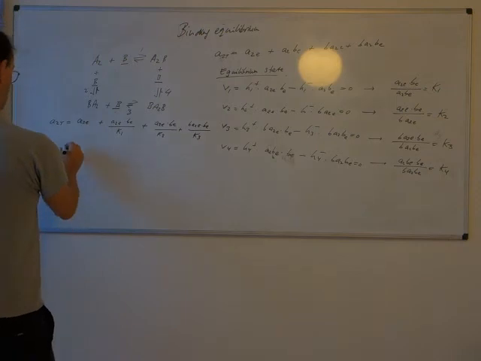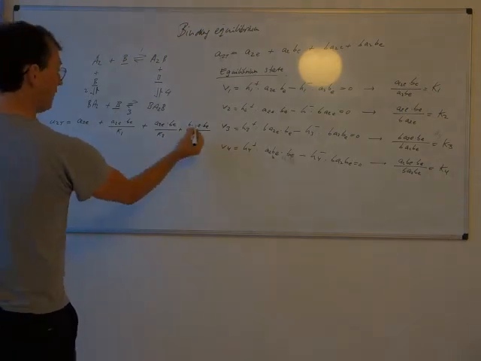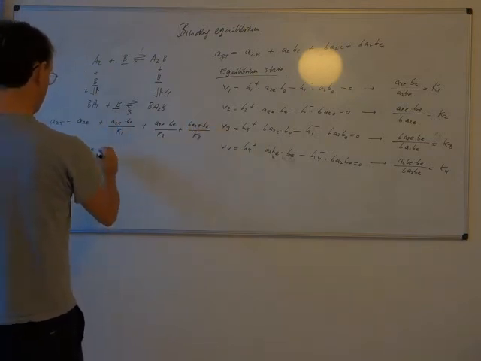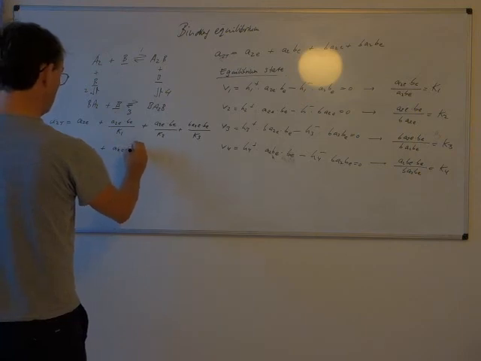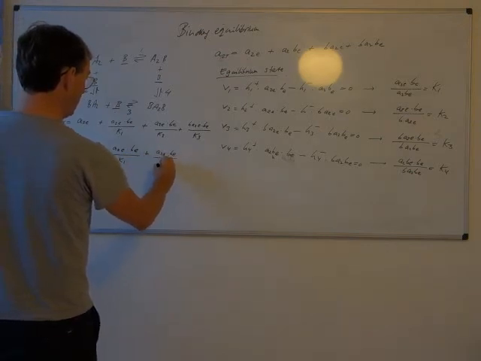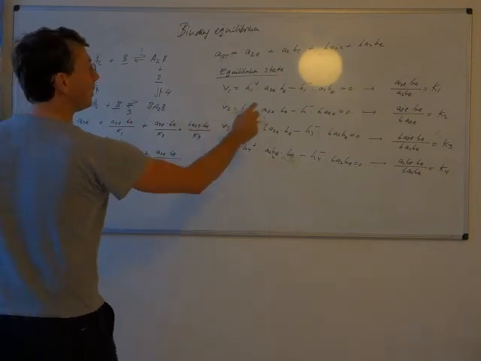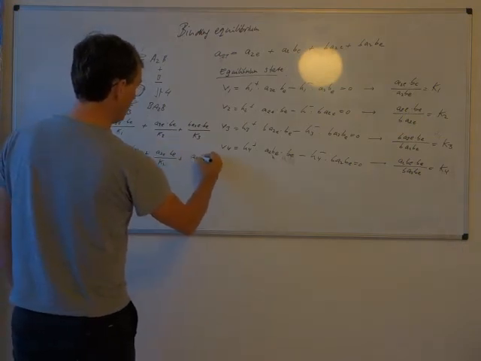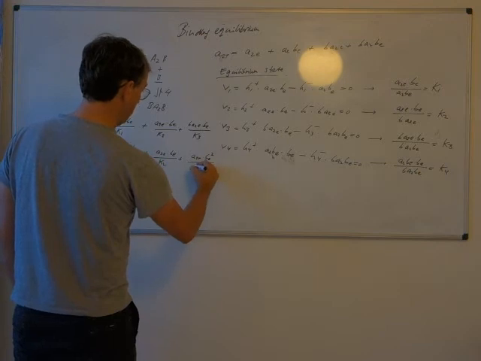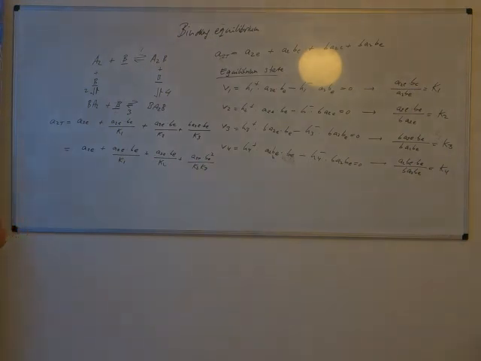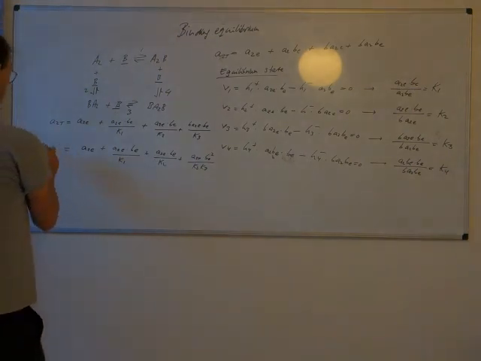Now I'm almost there. The only thing that I have to get rid of is this term, because all the other terms are in terms of A2E. So I need to have an equation for the left one. That is in fact the one that I already used, so that's this one. So what you get is A2E times BE squared divided by the product of K2 and K3. Okay? So now I have this equation